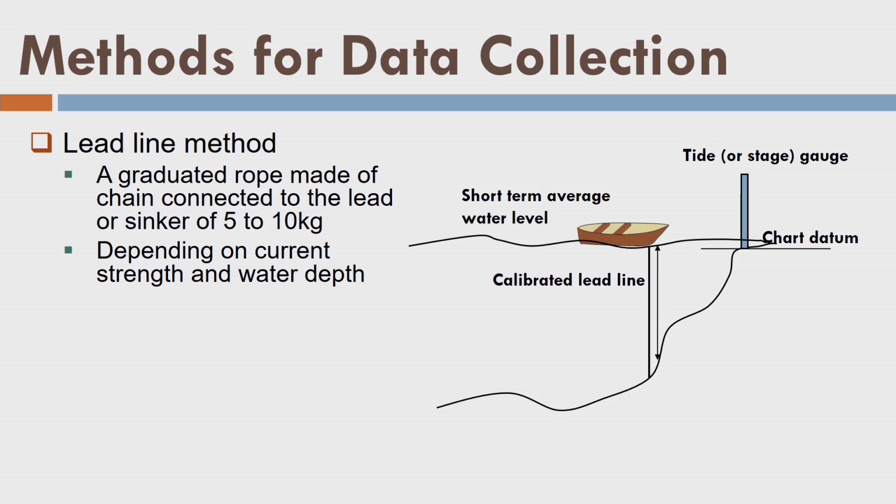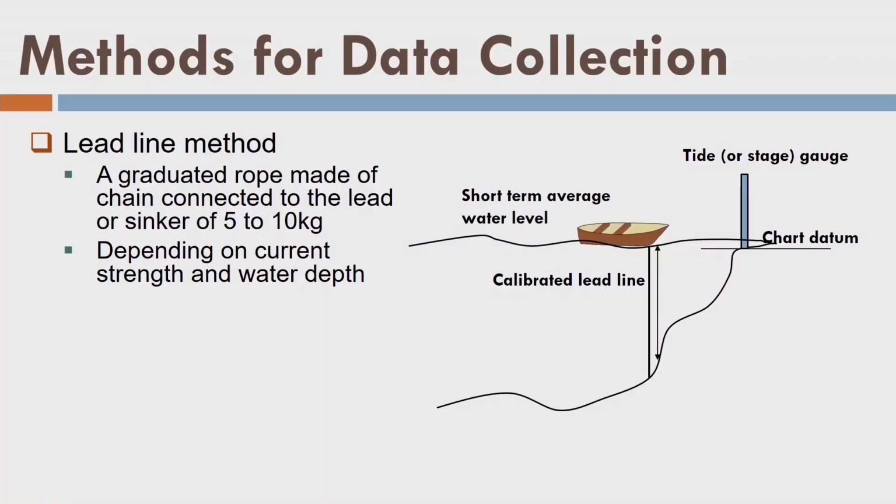Here there is a graduated rope. With the help of some heavy weight, 5 to 10 kgs, I am suspending that at a position where buoys are located. So buoys are floating on the water surface. I bring the boat there, stop there and try to suspend the lead line. So lead line having a heavy weight at the end, it will keep on lowering down itself under its self weight, and when it touches the seabed or river bed, I will stop and I will measure the height. Since it is a graduated one and having the 0 mark on the bottom, the point which is closer in my hand of the rope, it will indicate the depth. That's a simple idea here. So it is also shown here in the figure.